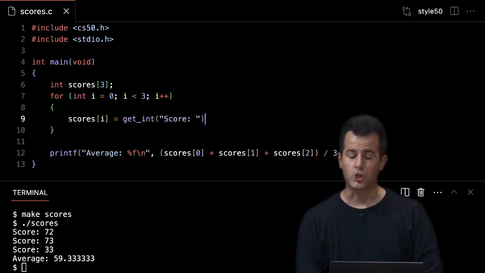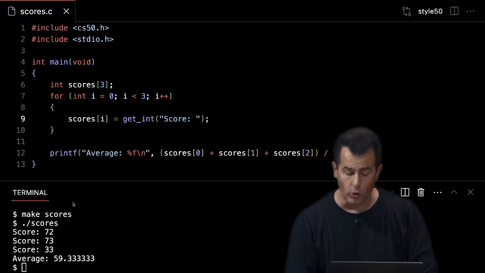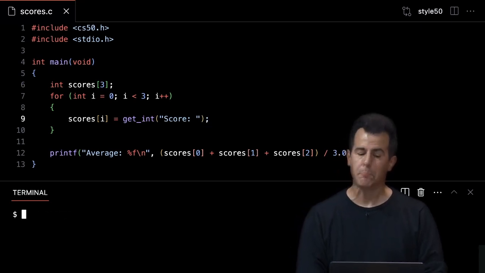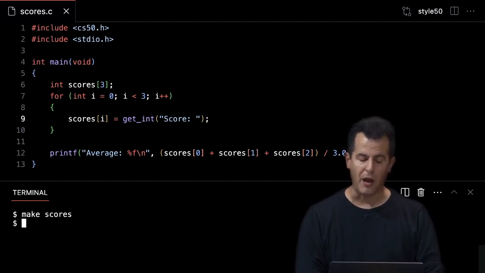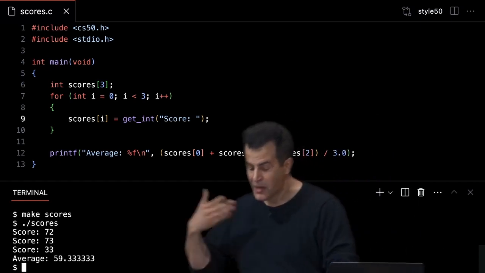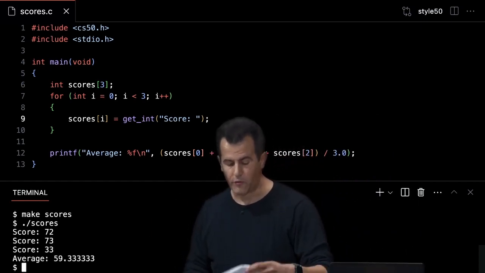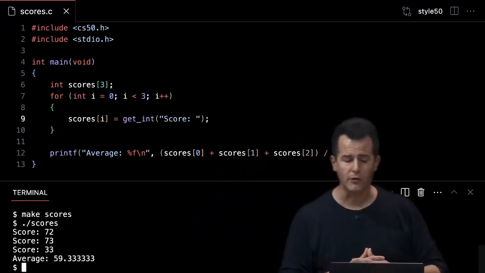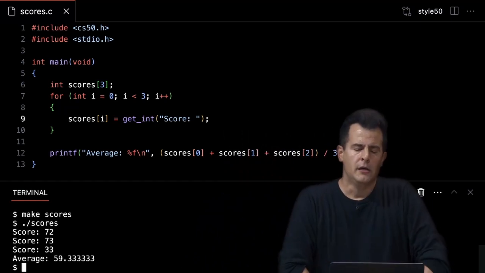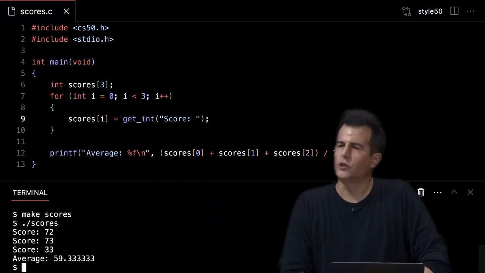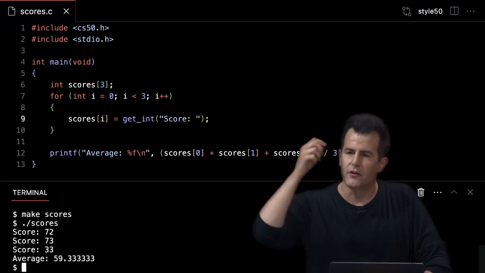Now I can type that phrase just once, and this loop ultimately will do the same thing, but it's getting better. The code is getting better designed because it's more compact, and I'm not repeating myself. 72, 73, 33 still works the same, but we're iteratively improving the code here. Now, how else? There's one design flaw here that I still don't love. It's a little more subtle. Any observations?